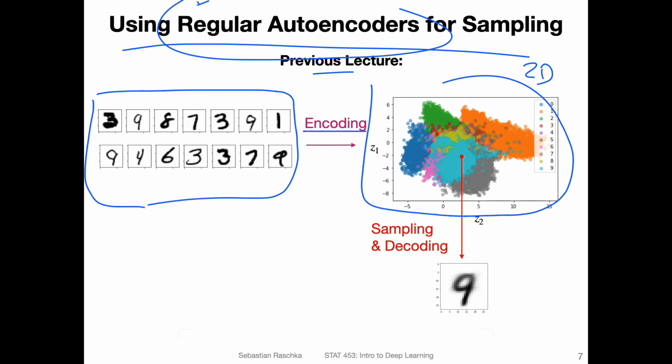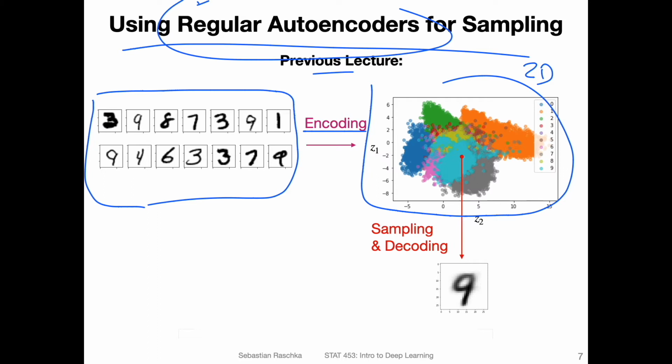And as a rule of thumb, usually you pick a latent space that is still smaller than the input size, but the larger your latent space is, the easier it will be for the autoencoder to encode the information and produce good reconstructions, simply because you have the ability to retain more information in this latent space.